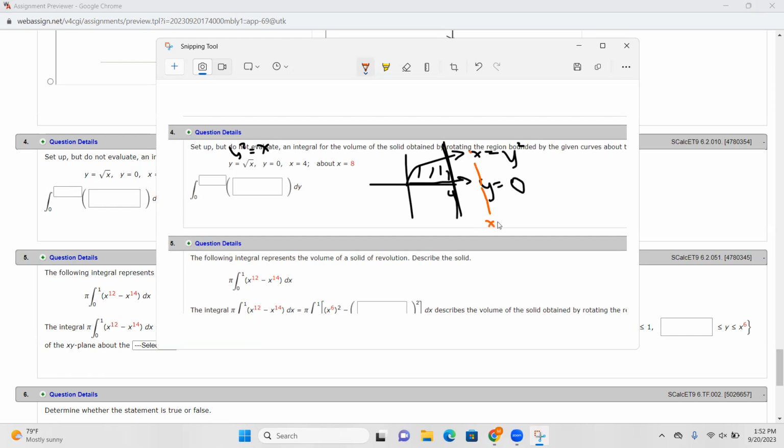Now, since we're revolving around the line x equals 8 way out here, our rectangle has to be thin with respect to y. When you revolve around, you'll get your washer like so. Boy, that looks rough. Yeah, so this is going to be what? Pi big R squared. The big R is from 8 to the function y squared, x equals y squared. So pi 8 minus y squared